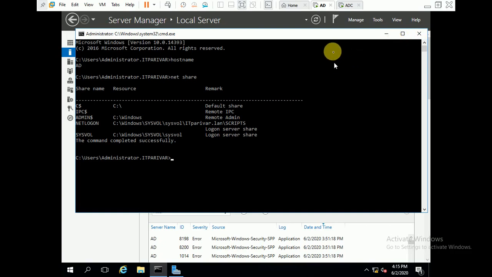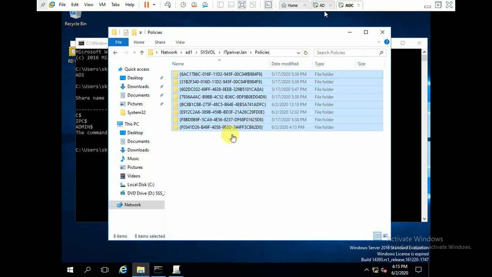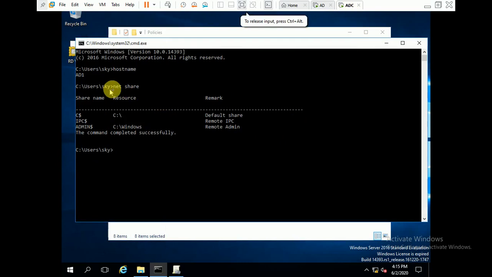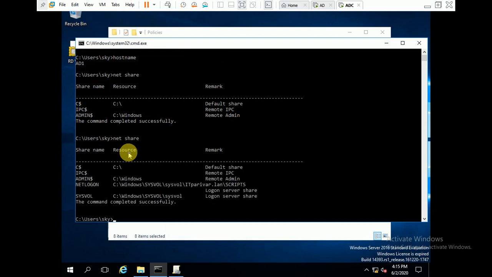The second thing, as I ran the command net share on the AD, in the same way you can check by running it here. Before the recovery we ran this command, but there was no sysvol or netlogon shown here. Now you can check by running the net share command, and it will show sysvol, C:\Windows\sysvol\sysvol, netlogon, C:\Windows\sysvol\sysvol\itparivar.lan\scripts.